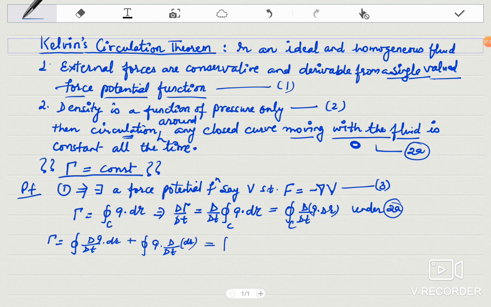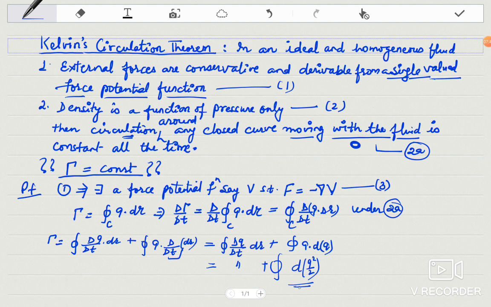Again this is dq/dt, because I will handle the second integral, the integral of q dot dr. If I exchange the two, d and d/dt, it will be d of the material derivative of r. And what is the material derivative of r? It is again q. So I am left with q dot dq, which can be written as d of q square by 2.